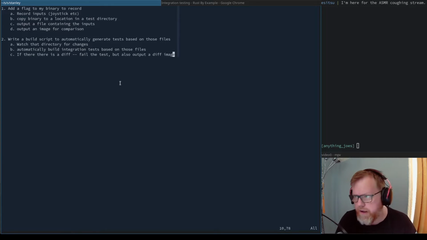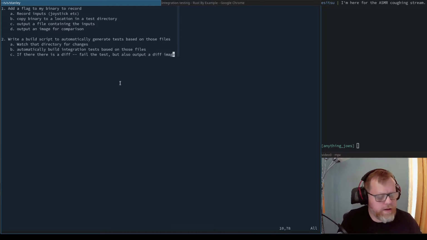But for the Atari, I have control over the clock counts, what the individual registers are, and how things are drawn. I really should be able to find a way to make differences in the images pretty deterministic, so that I won't get a bunch of false failures. And basically what I want to do, I'm going to try this out, is I'm going to generate